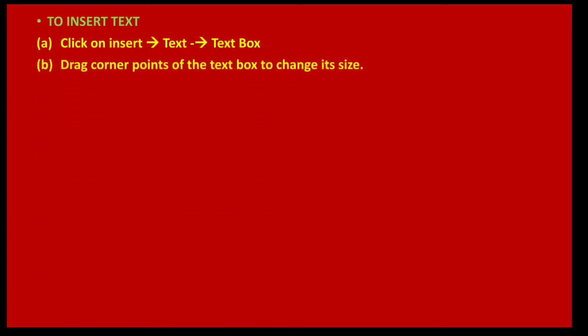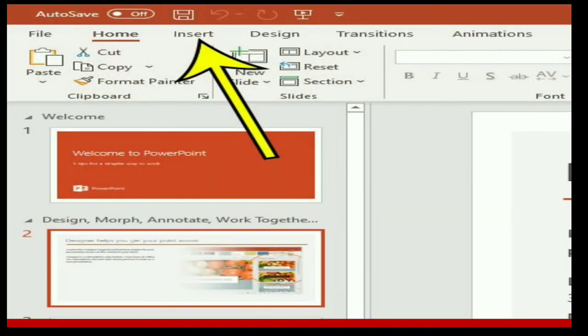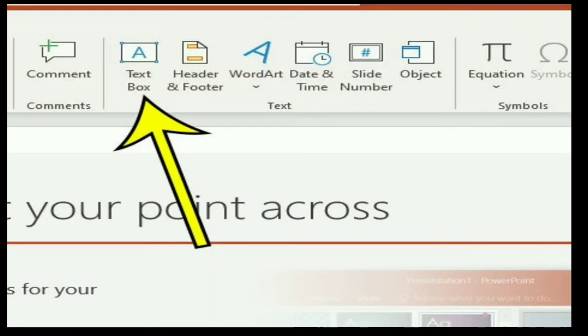To insert text, suppose you want to insert text, how are you going to do it? You have to click on the insert tab, select text and then choose the text box. Then drag the corner points of the text box to change its size. So you can increase or decrease the size of your text box. Click within the box to type the text. So this is what you have to do. Click on the insert tab, and when you click on the insert tab, you will get the text box option. You choose this text box